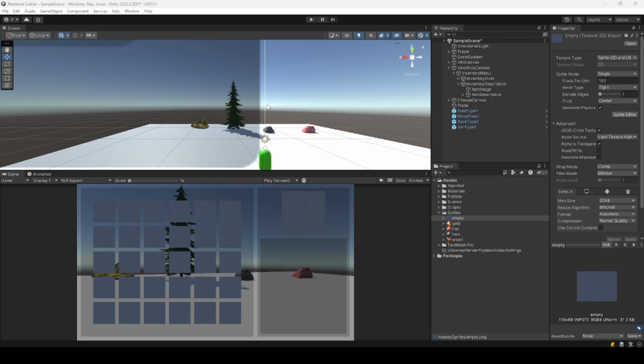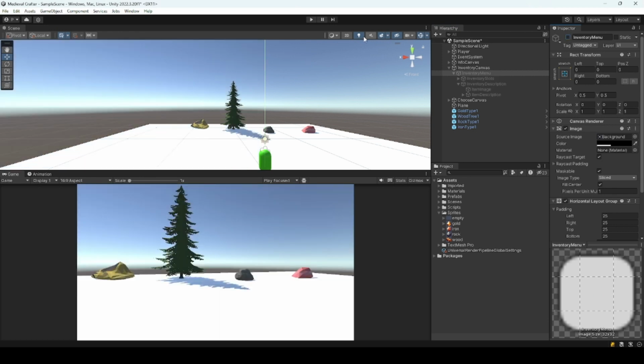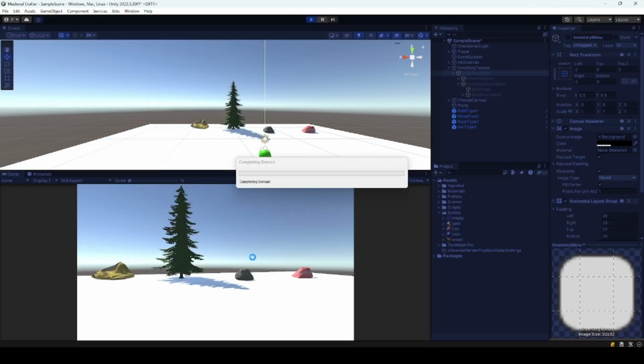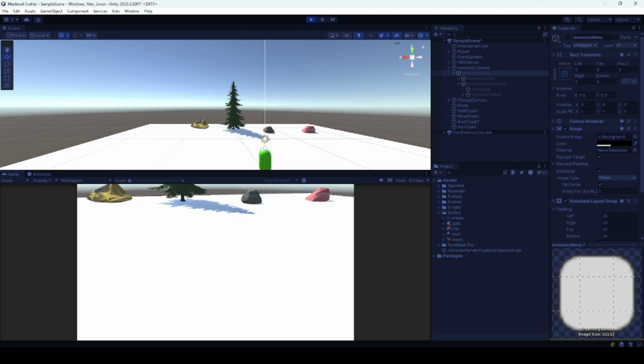In this update I'm excited to share the progress I've made on implementing the inventory system and resource collection mechanics in the game. For the inventory system I've created a dedicated canvas divided into two parts. On the left side we have the empty slot item that will be populated with the sprite of the collected resources and its quantity. And on the right side, the selected resource's sprite will be shown with the name and the description.